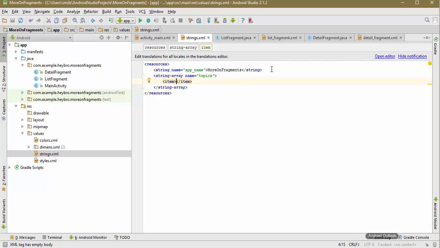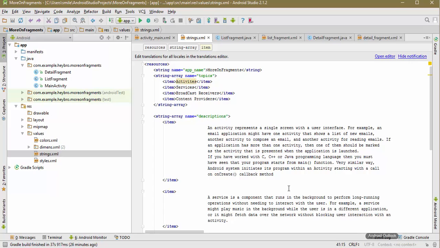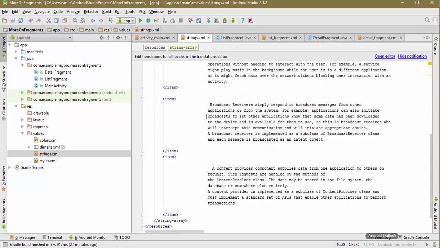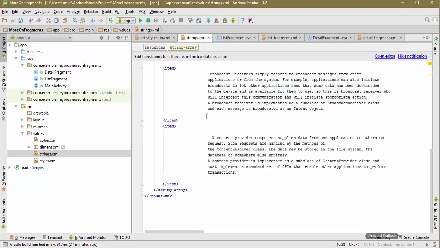I'm going to pause this video and prepare the data source. Alright, so I have prepared the data source. The first string array name is topics, and these are our 4 topics: activities, services, broadcast receiver, and content providers. And there is another string array called description, and these are the items and their descriptions. So our string part is finished,